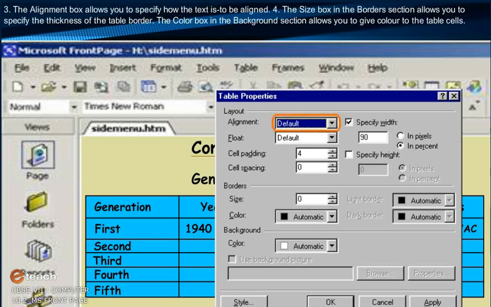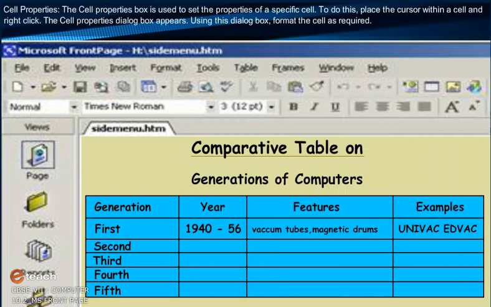The Alignment box allows you to specify how the text is to be aligned. 4. The Size box in the Border section allows you to specify the thickness of the table border. 5. The Color box in the Background section allows you to give color to the table cells.